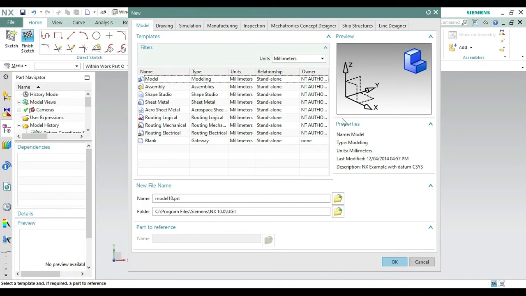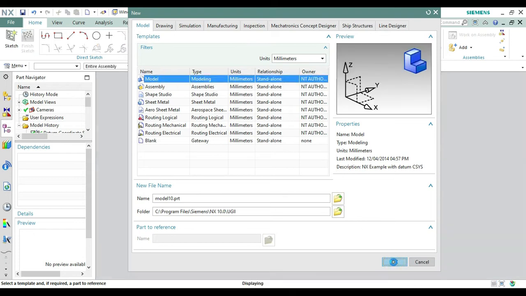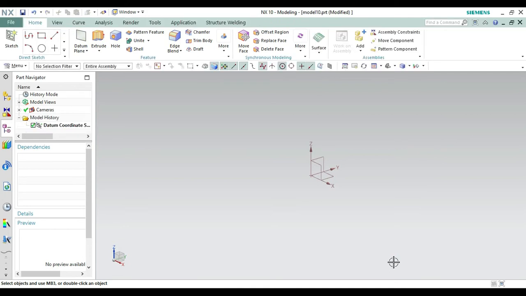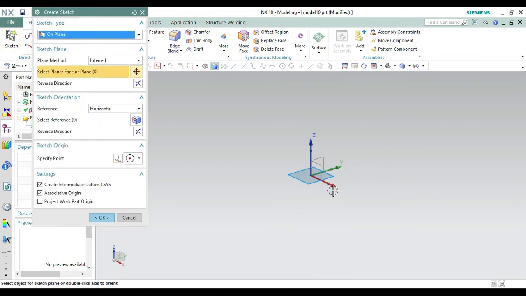Today we will design our next product, and that is a teacup. So the first step is to click on model for the modeling. Now the second step is to select the sketch on which plane we want to work. I usually prefer the XY axis. You can even work with YZ or XZ. So now click on sketch. Now select the planar face or plane. Now click on XY plane and make it okay.